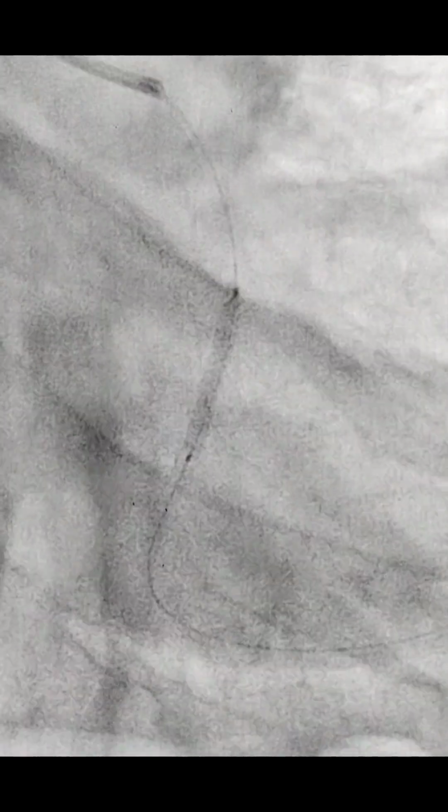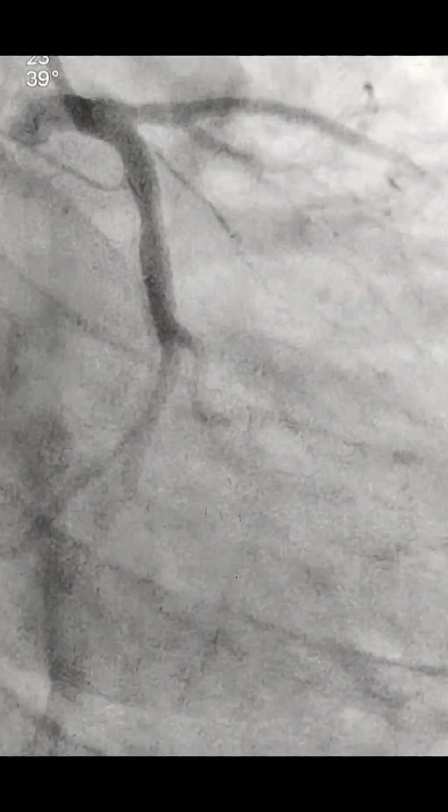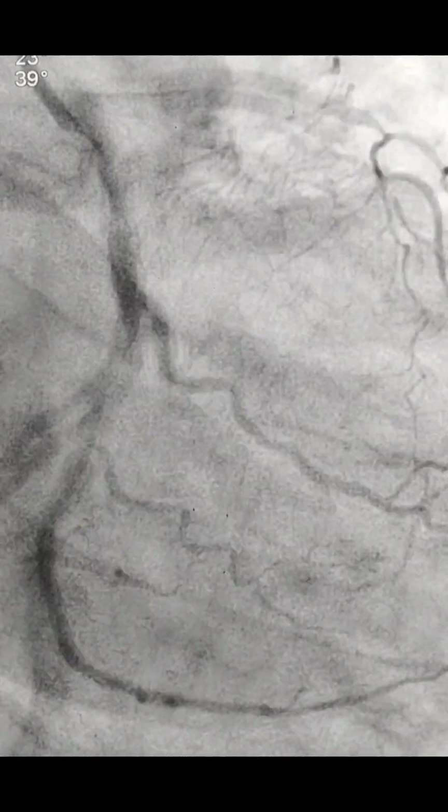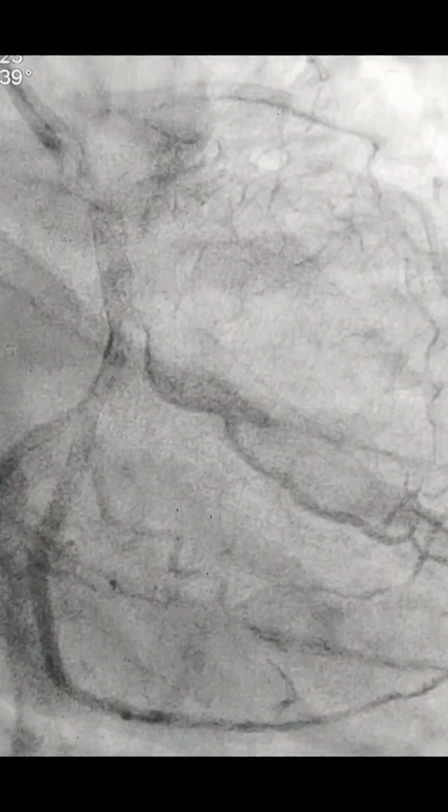in LCX. And then this was the placement of the stent, which we were supposed to overlap with the lower stent. This is LCX, from LCX to OM2, and this is the deployment of the stent. Stent is being deployed. So this is the picture after the stent deployment, and we overlapped the stent. So one stent is in proximal OM2, and the second stent in LCX to OM2, and we overlapped the stent